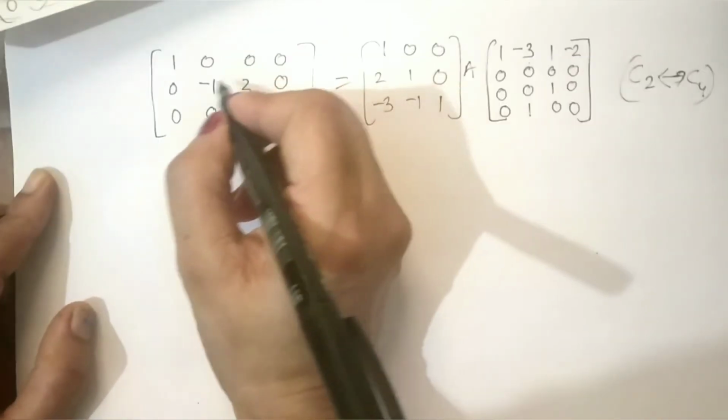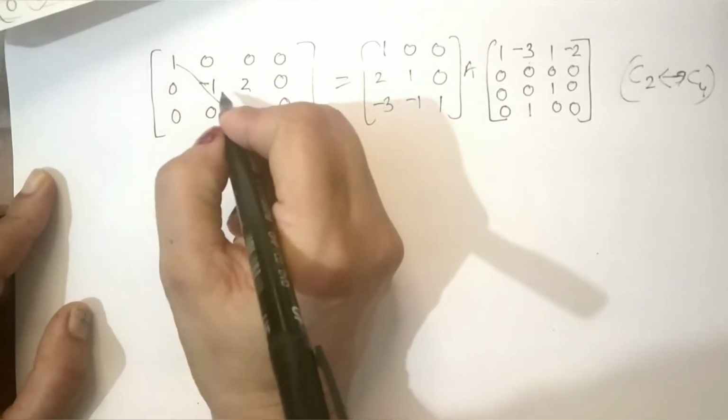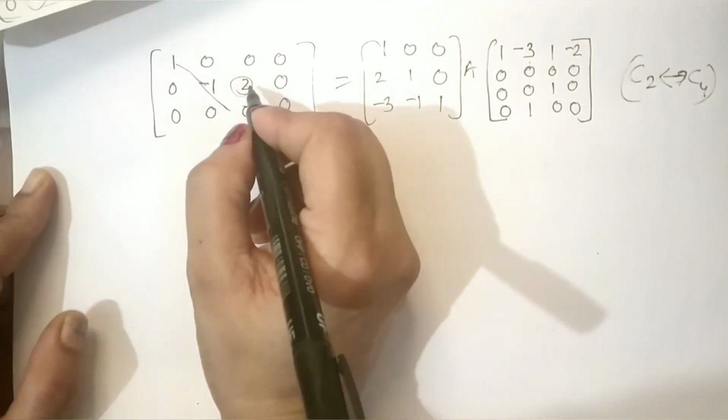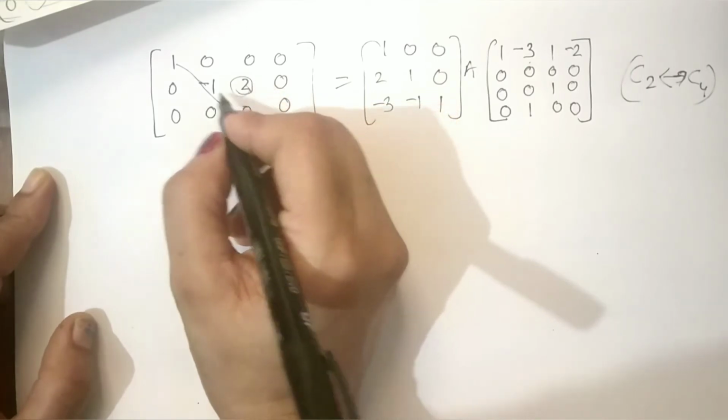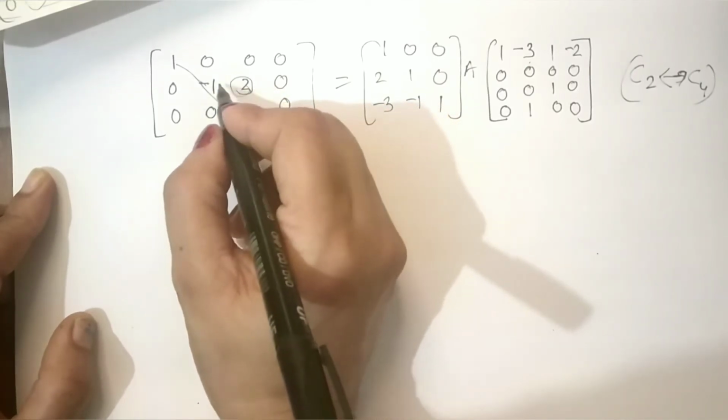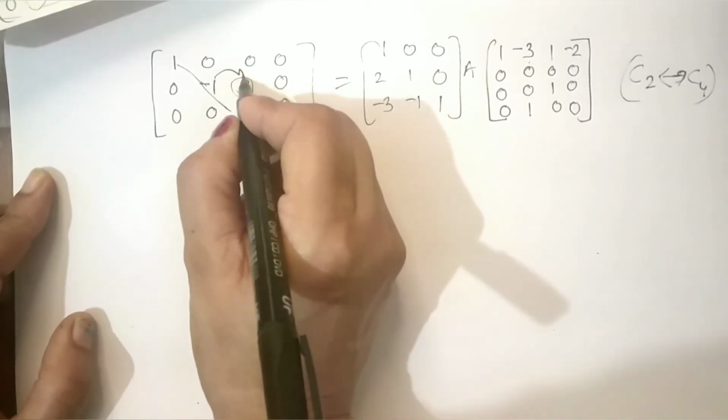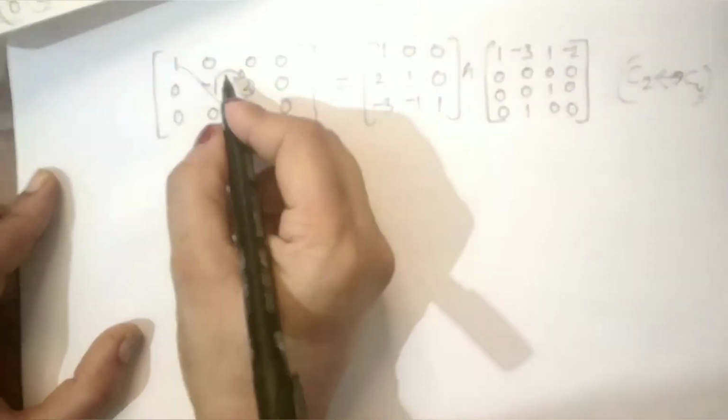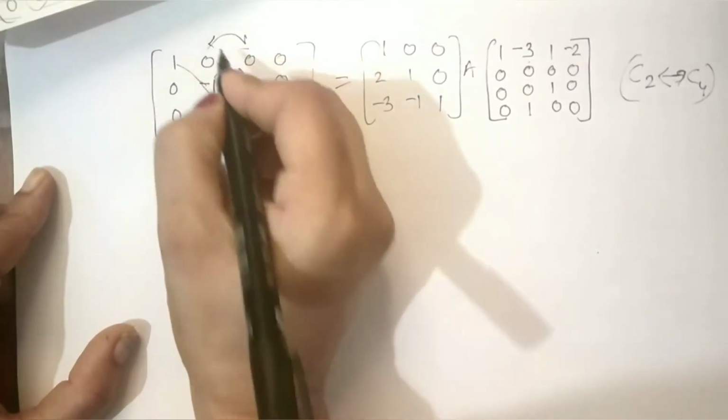Now we have to make, because this is a diagonal line, this again becomes the upper element above the diagonal. So we have to make this 0. So we are again using the column operation. So what we will do, we will operate on these columns.